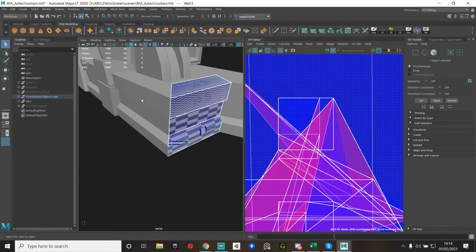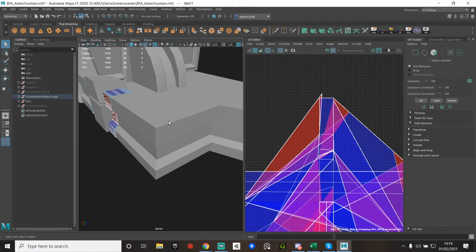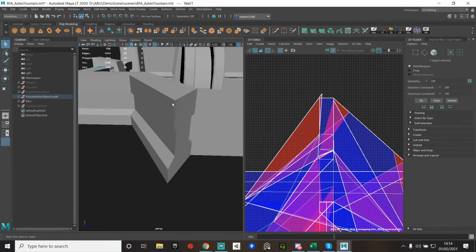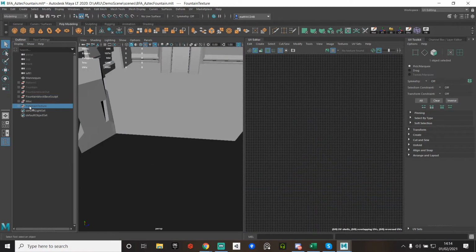And you'll notice that these are also split into sections, and that's because when I do a subdivide, it's going to give me nice creases, and it's also going to give me the information I can sculpt on the edges and stuff like that. So what I do first is,